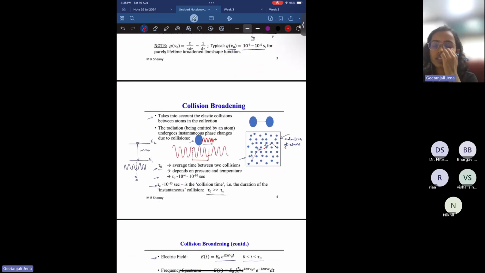Collision broadening occurs whenever there is an electric collision in the system. It's not like the atoms are at rest. They do collide with other atoms whenever they are making a transition from a higher energy level to a lower energy level. Because of this collision, there is a broadening associated with it. Let us see an atomic system. If you see the left figure,